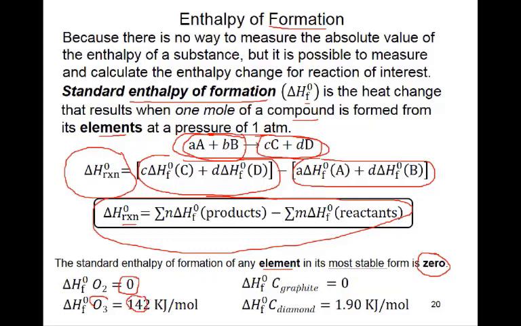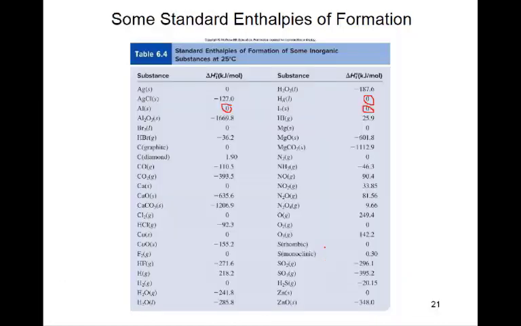Okay. So same carbon, you said this is normal carbon as a graphite. This is the same coal-like thing, and the delta HF for normal carbon is 0. But if it is an allotropic form, that is diamond, then there will be some change in value. You have to look at the list to see how much the delta HF is. So the list is given here.